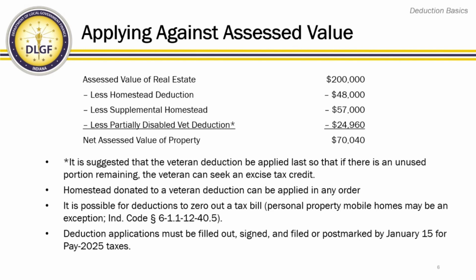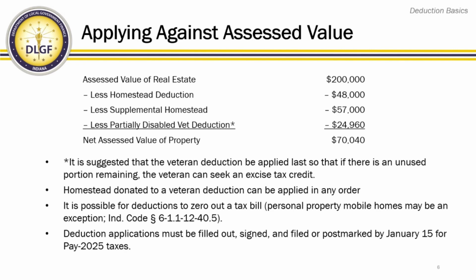But then this person also had one of the disabled veterans deductions, and it's recommended that that be calculated as the last one from the value. That's because if you don't have any assessed value to apply that deduction to, as a later bullet point says, it is possible for deductions to zero out a tax bill. There are options for the veterans deductions to be applied to their excise tax credit. And not only is this a good, taxpayer-friendly approach to how you would apply deductions,